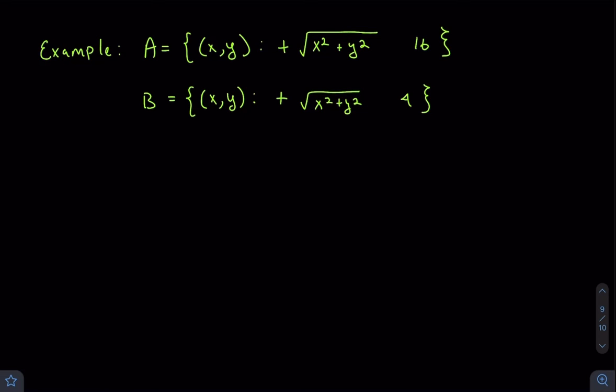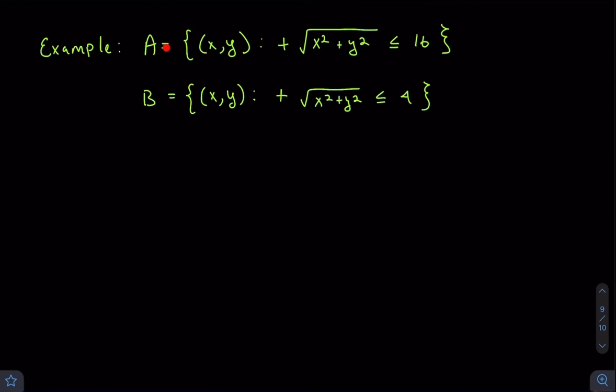Oh, let's change these equals to inequalities. So I want them to be less than or equal. Then which set is a subset of the other, if any? So if you're saying that set B is a subset of set A, then you would be correct, because all the points x, y that make this inequality true will also make this inequality true. If we draw this on the xy plane, so I'll draw the xy plane,